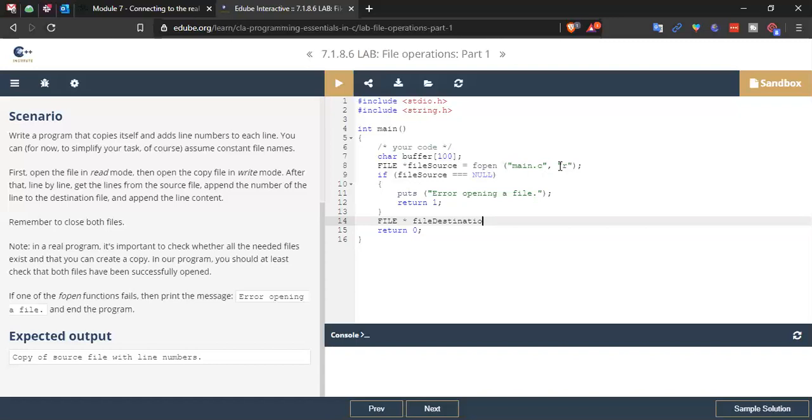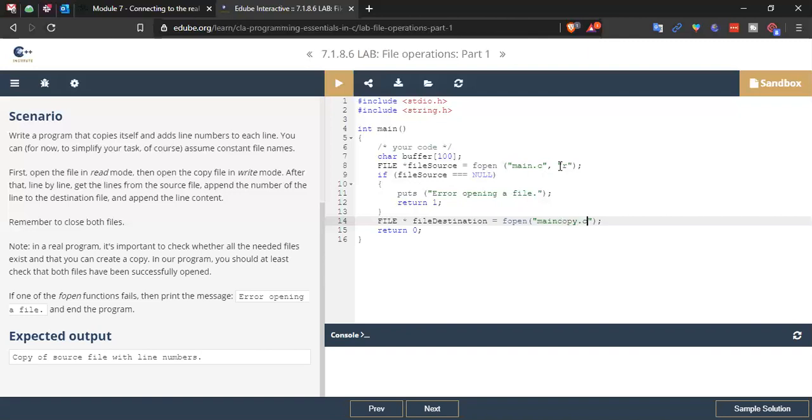So we're going to add an assignment here, which is equals to fopen, and then the file, which is main copy,